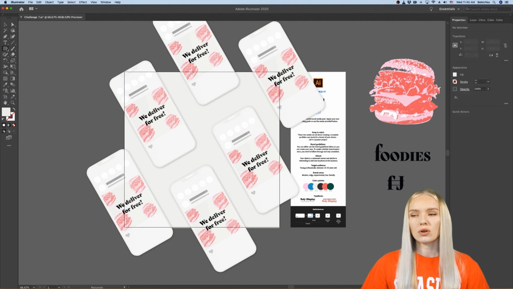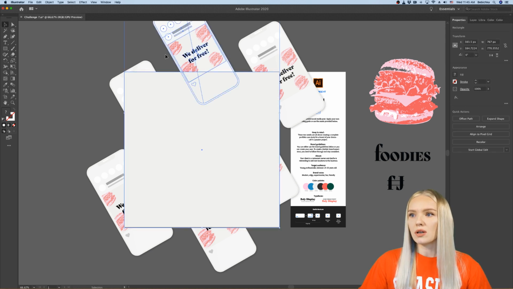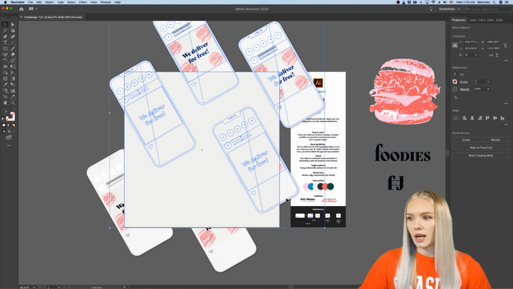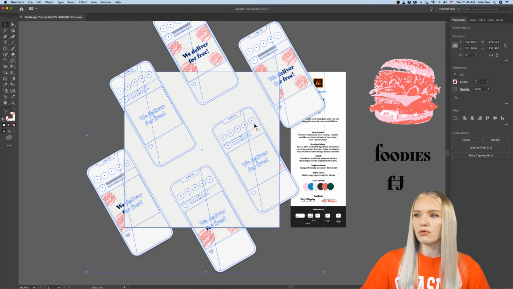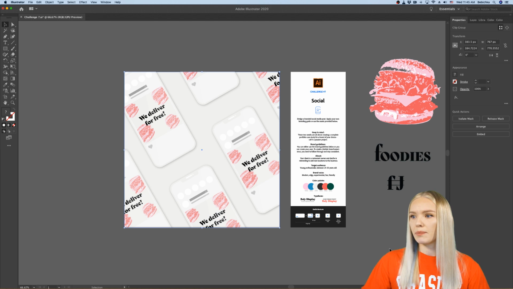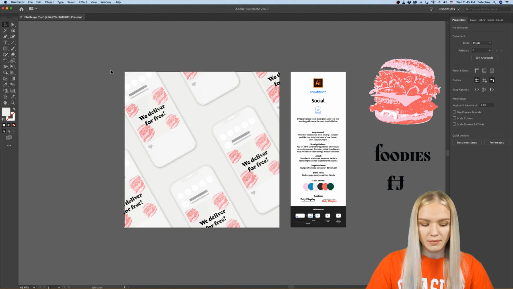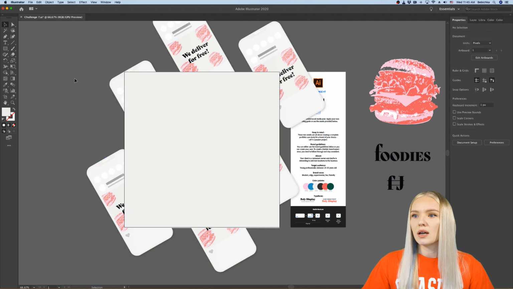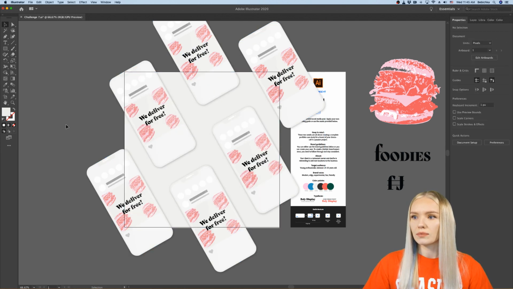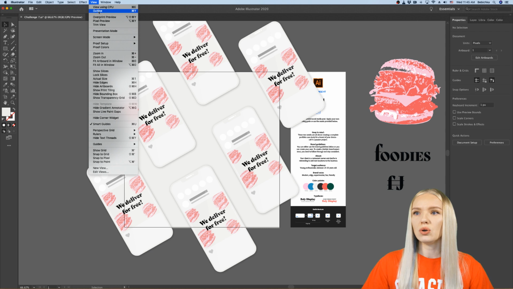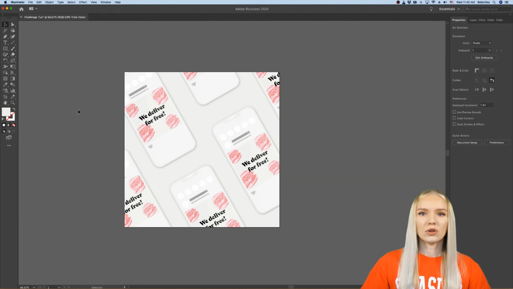And for that, I'm also going to make a clipping mask. So I'm going to create a square so I can grab all of these objects and put them inside the square frame. So for that, I'm selecting all and I'm making a clipping mask. Now you have the perfect little work that you can export. Or if you go back, Command Z, you can also remove this. And you can also go onto the view and trim view. And that's how you will also see the post that you have.